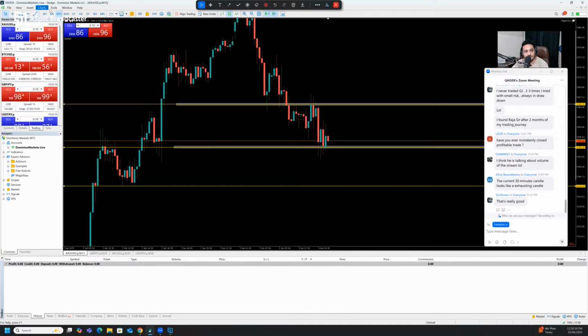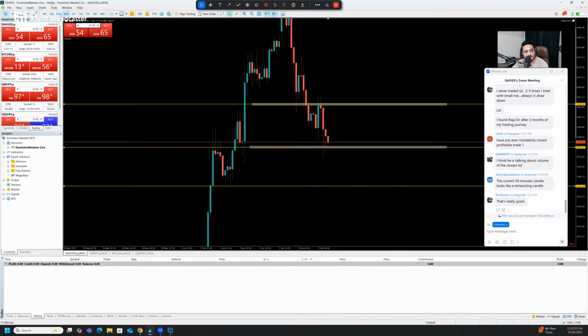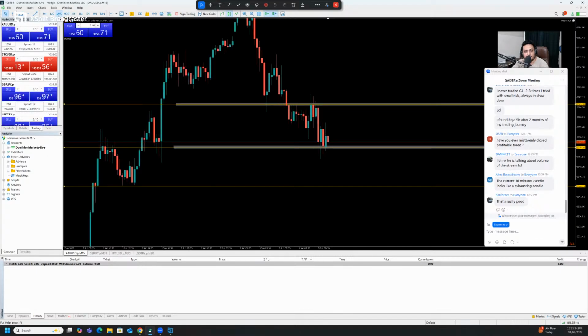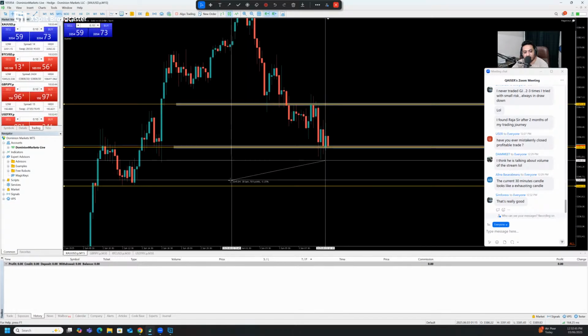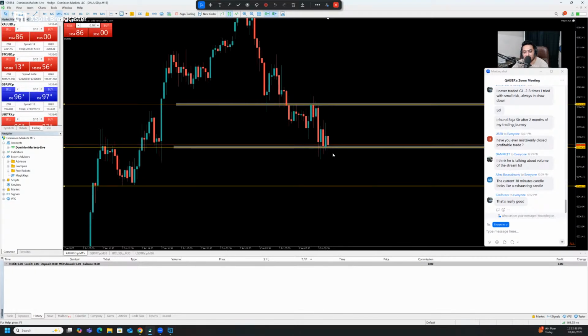There's just nothing. No volume. This candle, even if the current candle broke the low, I'm not going to execute. You know why? This candle does not have an upper wick. If it created a wick, and then broke below all this rejection on the left hand side, I might give my trade a chance, but I can't see anything here. There is nothing on the chart, just consolidation going on.